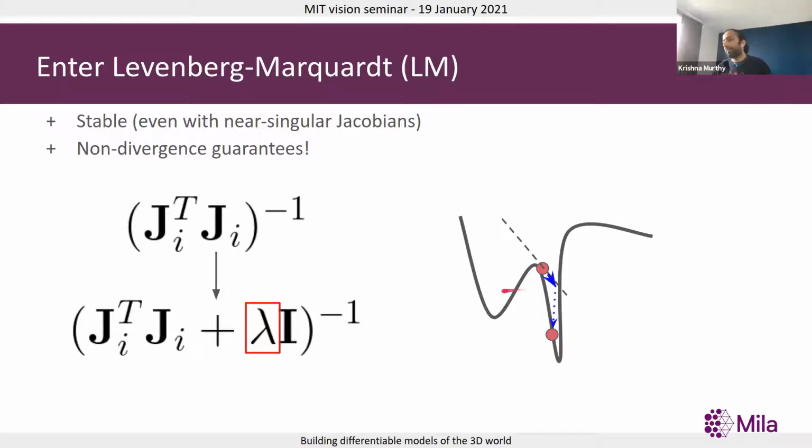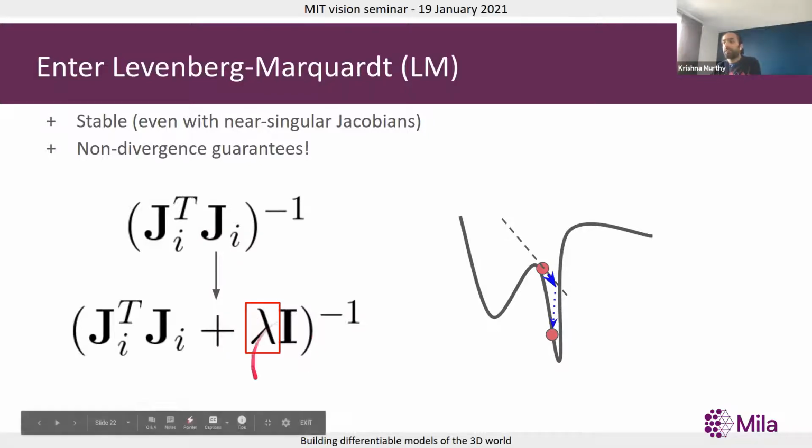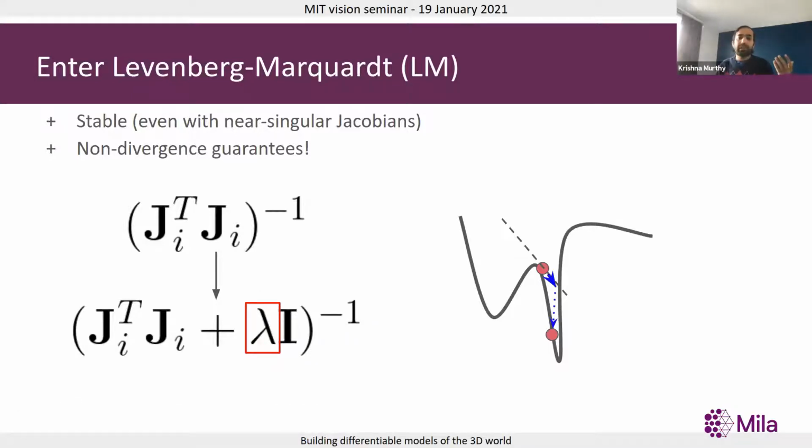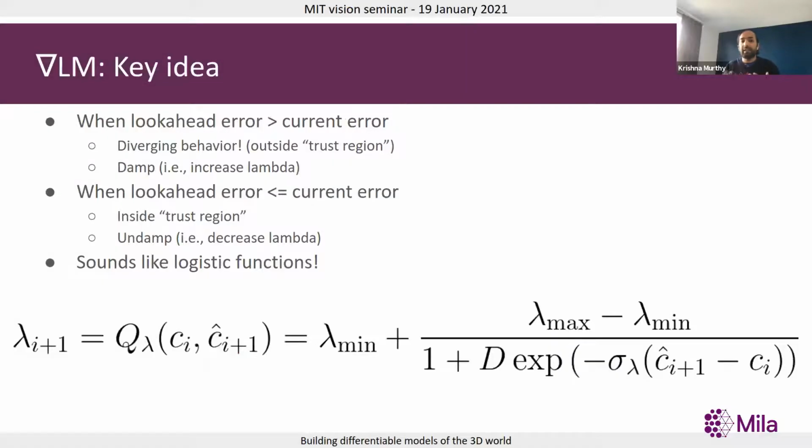And there are also a few other tricks that you use to damp this approximate Hessian system. The damping coefficient ensures that J transpose J is not too close to being singular, so adding this tiny diagonal element helps stabilize things. But the problem with the LM optimizer that a lot of SLAM systems use is it's not readily differentiable. You can't get gradients with respect to, let's say, the lambda parameters because of the if-else style.